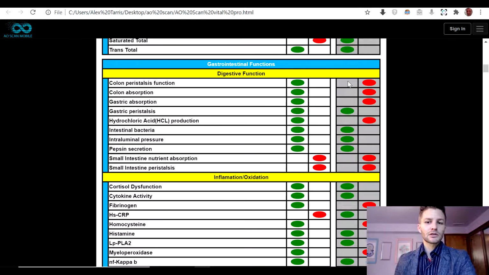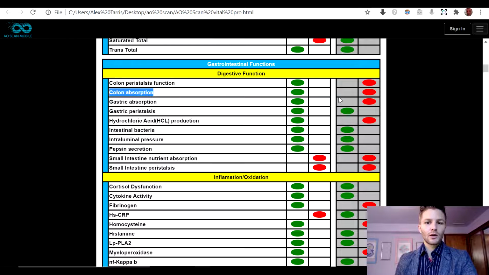If it's sluggish and slow, that can be caused by different things. Again, you could just simply ask your practitioner. You could say, hey, what is colon peristalsis function? I did a test and it says it was out of range. So remember, out of range, you can also look at that as negative. That might be easier for you to think about as you look at these values. I'm having something negative going on with my colon peristalsis function,